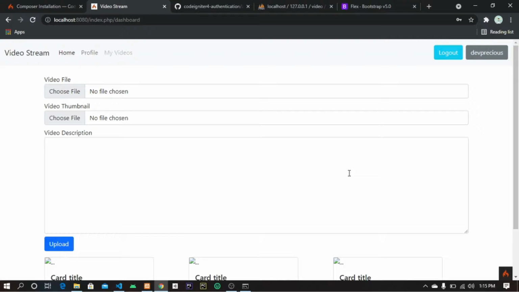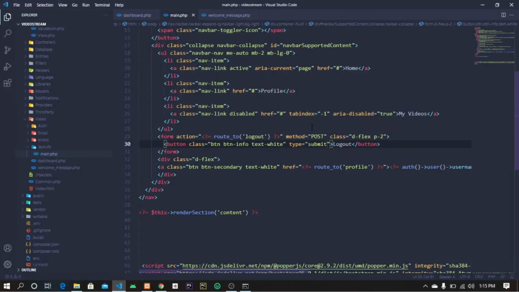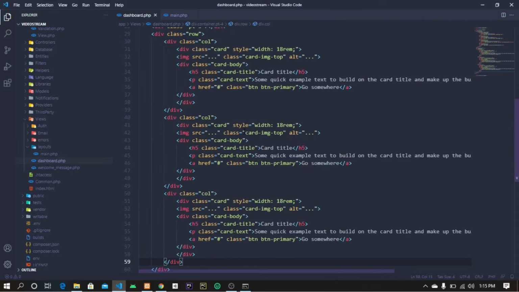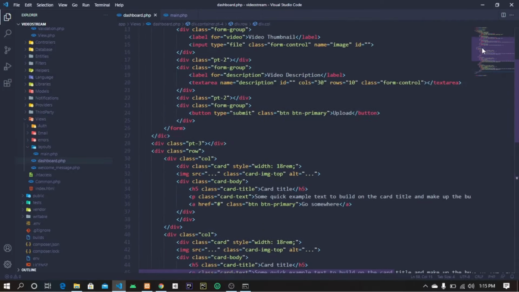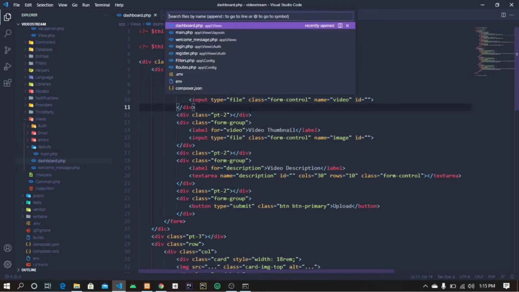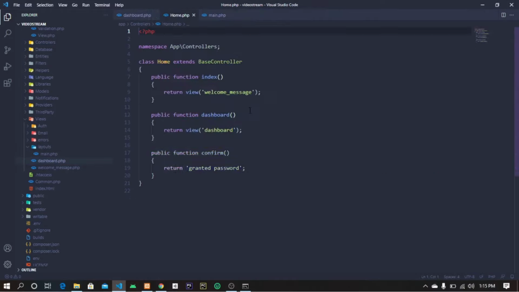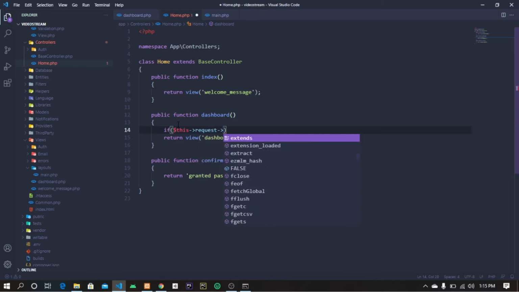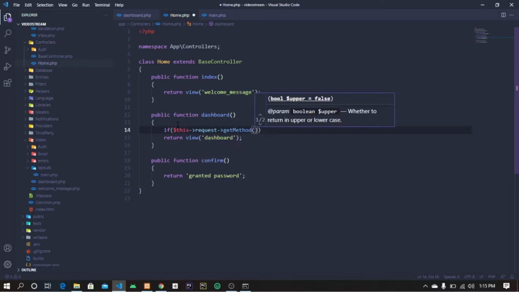So now let's just start processing our video files, how to put it in. The first one we need to do is validation. So we need to set up the validation. Okay, now I'm posting a post request, and this is rendering from the home controller, which is right here. So the first thing we need to do is: if this request get method, so if the method of request is actually post,